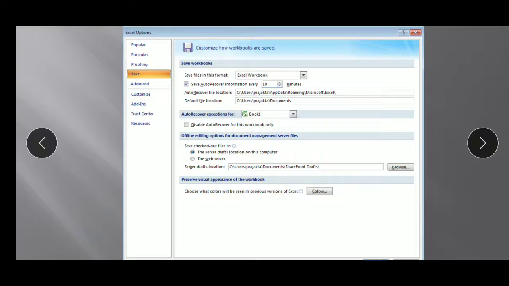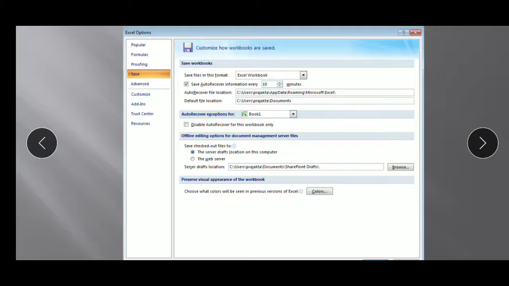AutoRecover: if I am working on a workbook in Excel and suddenly the electricity goes off, and when the electricity comes back and I open my file, it will give me a pop-up option, AutoRecover, for whatever file was not closed before the technical error.